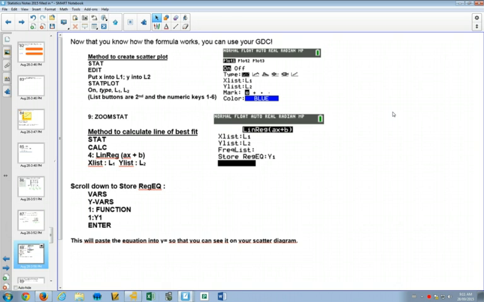If you don't have that, these are the buttons you'll need to push in order to get it into y1. So you'll go to your vars, go over to y vars, push enter on function,